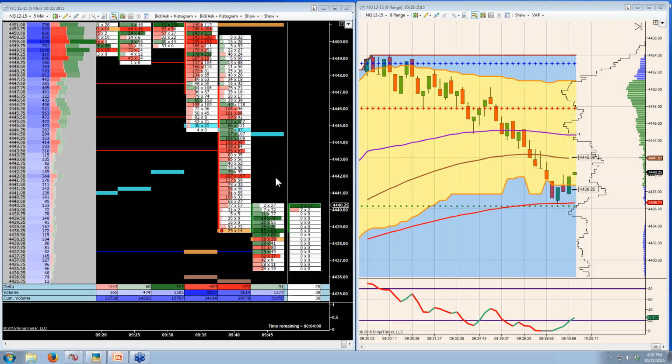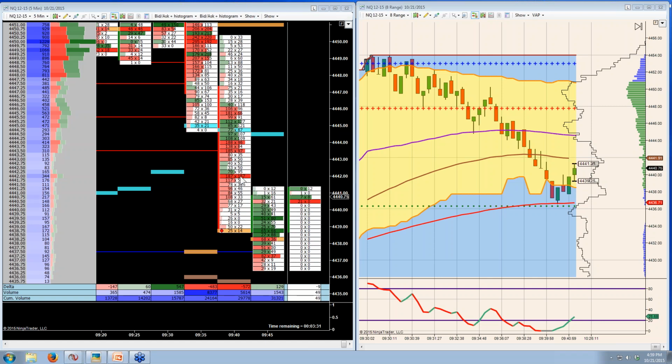Now what I would look for is right here where I've got this 44.42, where I've got this big red area where we had a lot of sellers coming in. And so I would look at that and think, okay, well, I might get stuck there. So that would be the area where I would be looking to see if I could get through. So if I bought down here at like 38 or 38 and a quarter, somewhere in that, I'm looking at the possibility of having some trouble up here